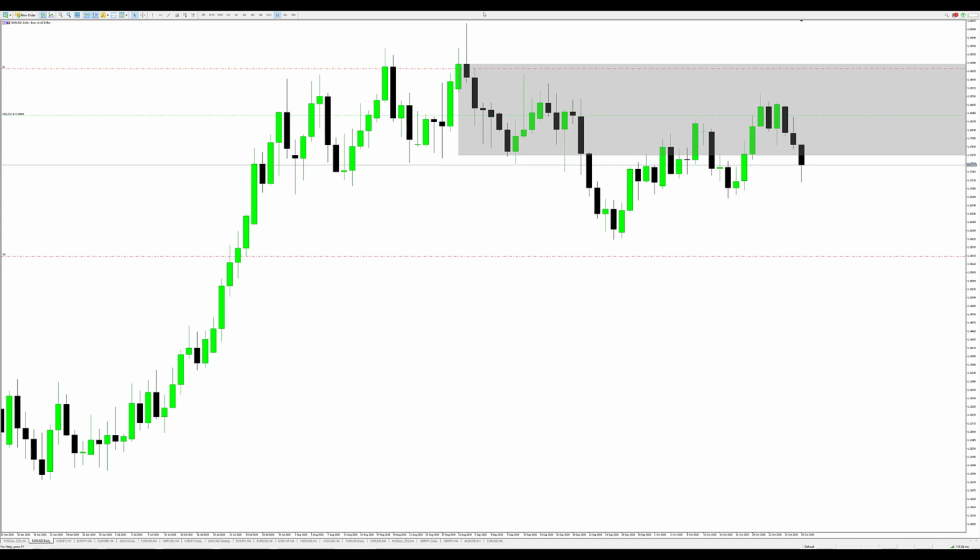Where has price been bearish? Inside our monthly bearish order block. Remember the shaded area, that's our monthly bearish order block, an area where we have to be hunting for short trades. As you can see, this area has been respected already. Here, this would have been a good shorting area.